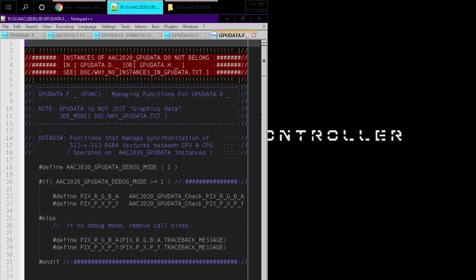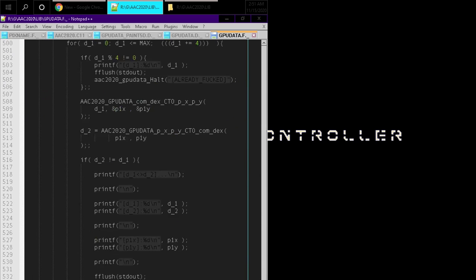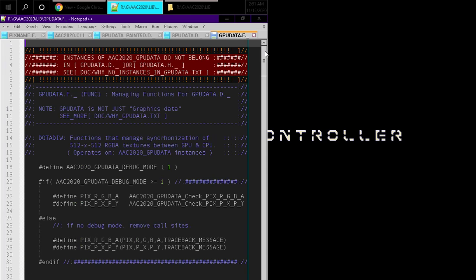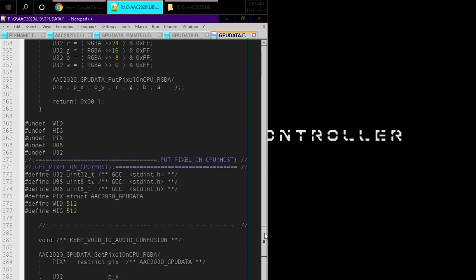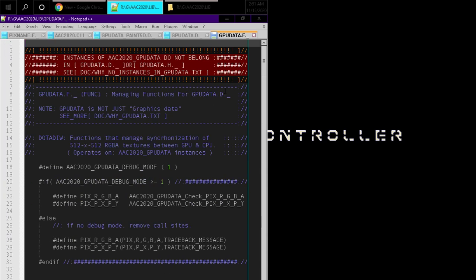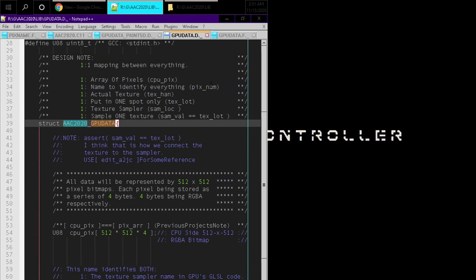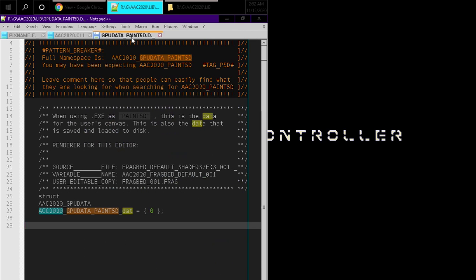So when we're thinking about model view controller, you could think of this as a low-level controller, because it's going to use the most basic useful abstraction of an array of bytes to operate on that array of bytes as a two-dimensional array of pixels. And then we'll add other abstractions on top of this basic controller, right? So here's our core data, here's our core controller, and then GPU data Paint5D is going to create an instance